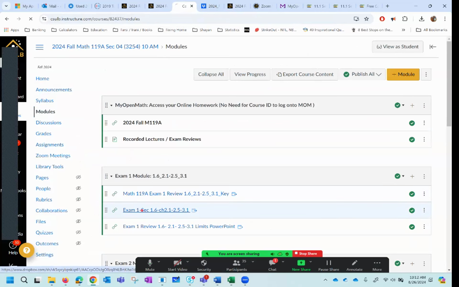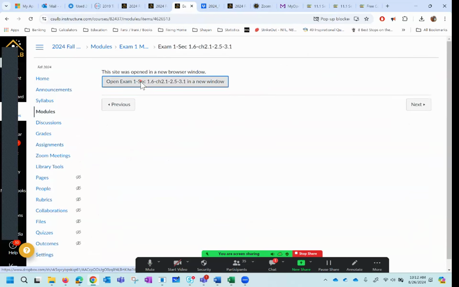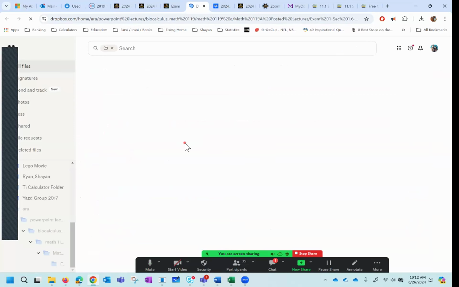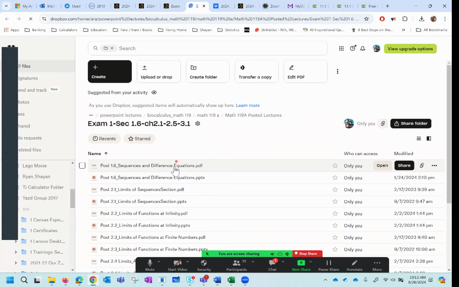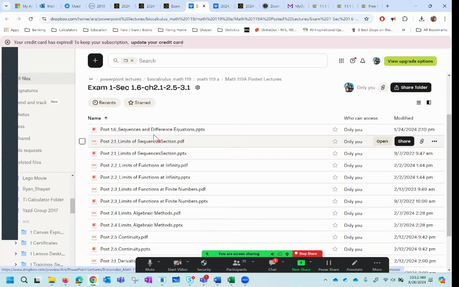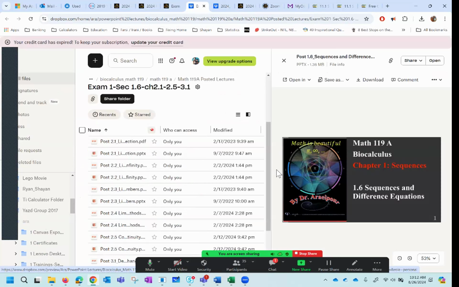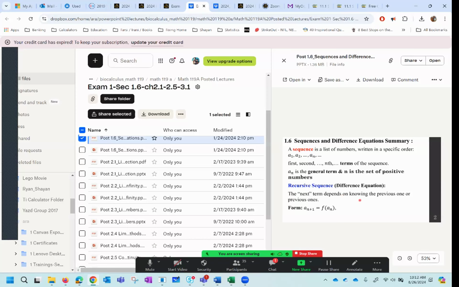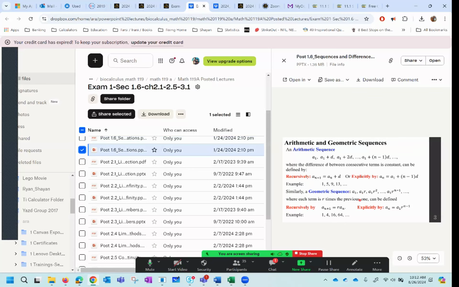After that is exam 1 PowerPoints. Now, PowerPoints are in the form of a PDF file or PowerPoints format. Whether you use the PowerPoint format or PDF makes no difference. What I want to explain is this. Everything you want, the proof, definitions, formulas are given to you. You don't have to write anything. You just listen in class